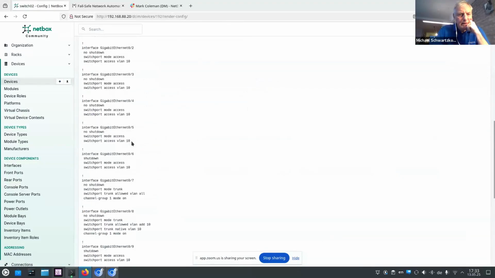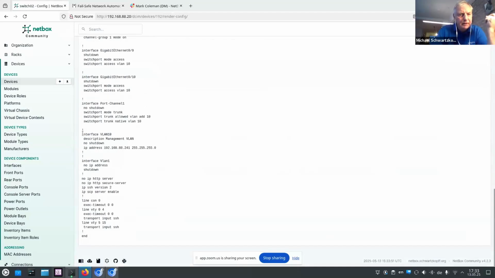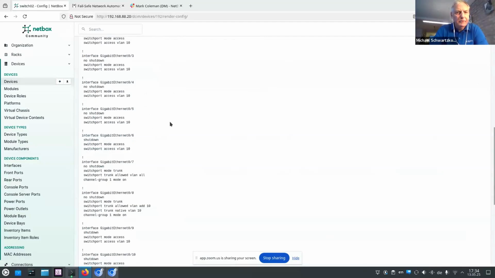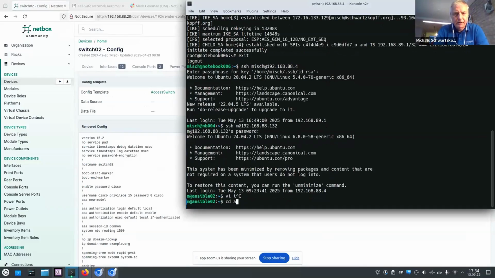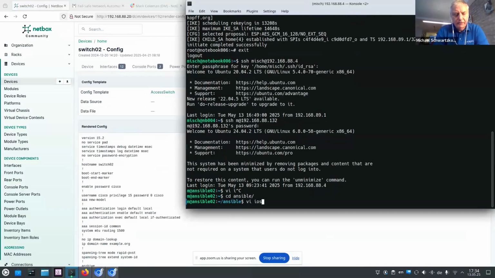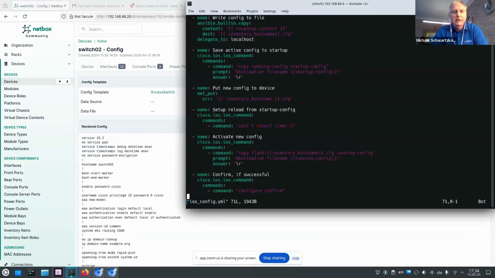And basically, here is the interface VLAN 10. I have the IP address based on the configuration in NetBox. And the iOS config, the Ansible